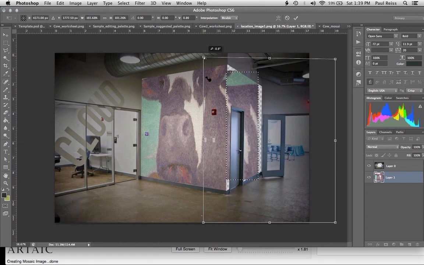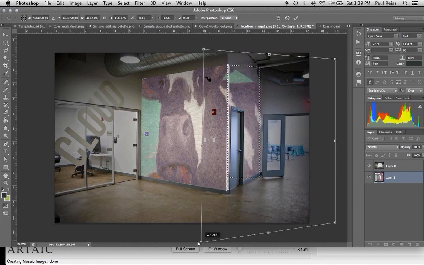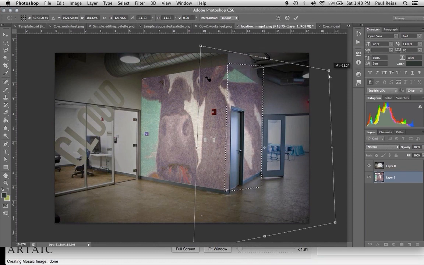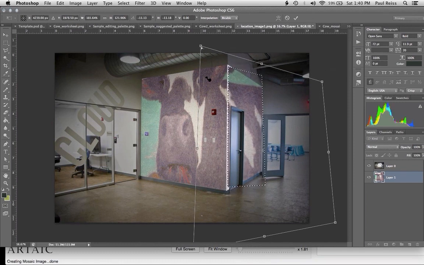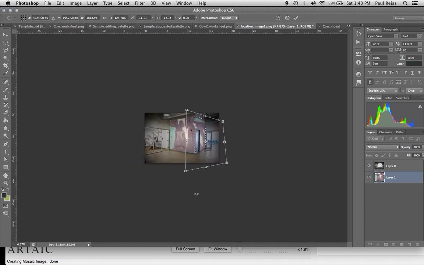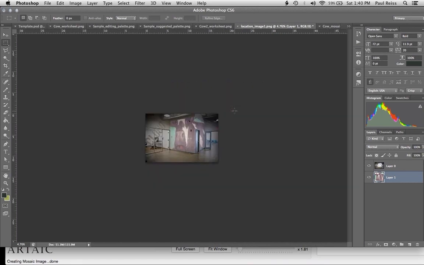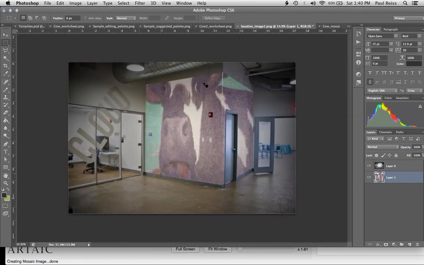Obviously, I'm just doing this quickly. Don't judge me. How did you split the image so that you could warp them separately? Oh, I just selected with the marquee tool. Okay. That's so cool. I knew that was the purpose of those images, but I was like, how do I do it? Yeah, that's very cool. So that's my design right there. I don't think that will be a winning piece, but